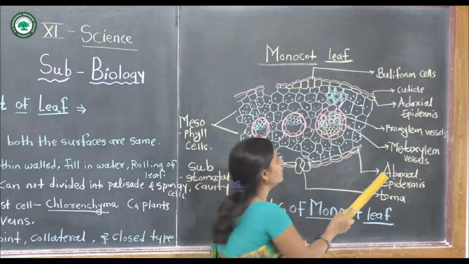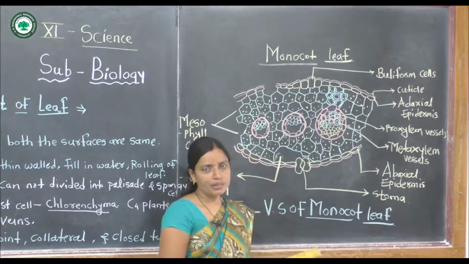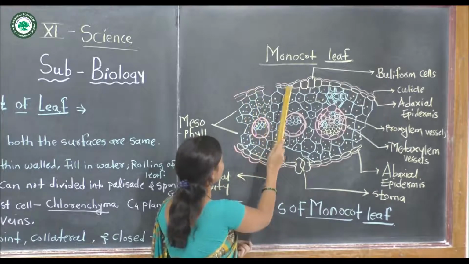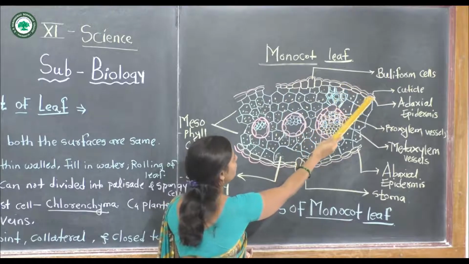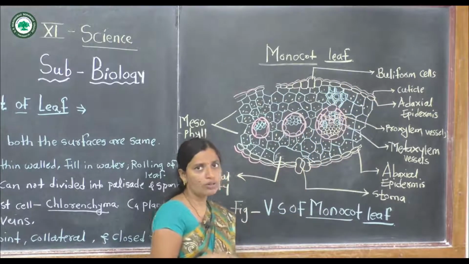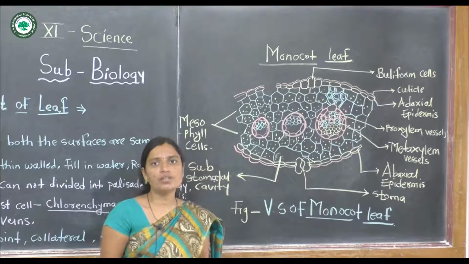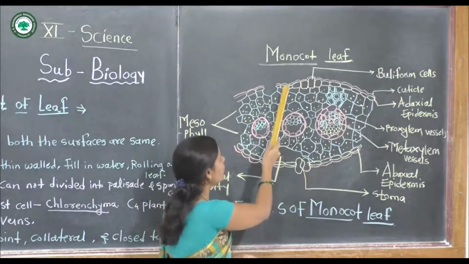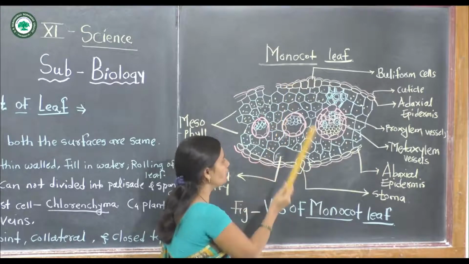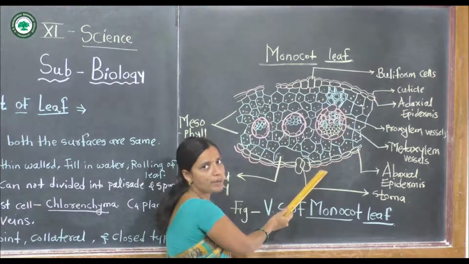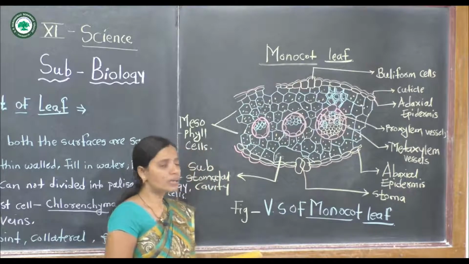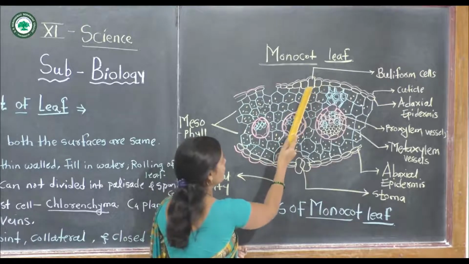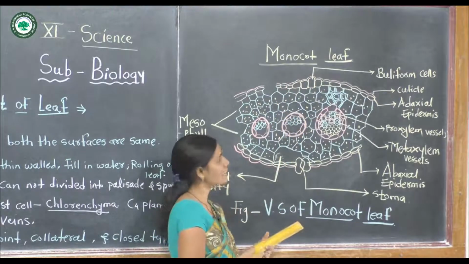This is the abaxial epidermis. Covering the epidermis, a thin layer structure is found, called the cuticle. The cuticle has a protective function for the cells, and it is found on both the upper or adaxial epidermis and the lower or abaxial epidermis. But in the adaxial epidermis, special cells are present. These are the variable cells, and these cells are called